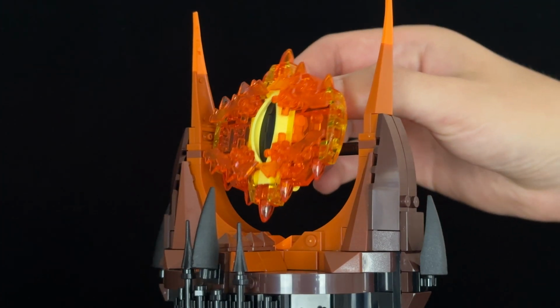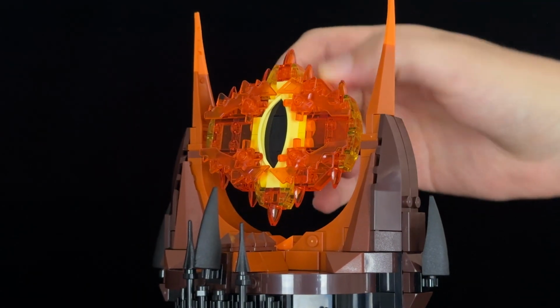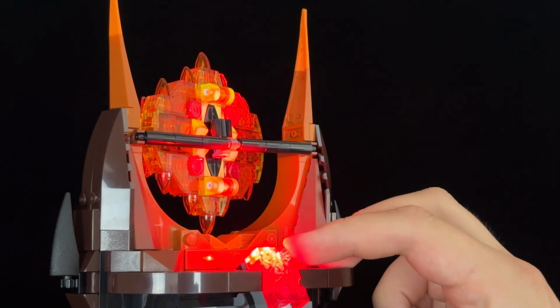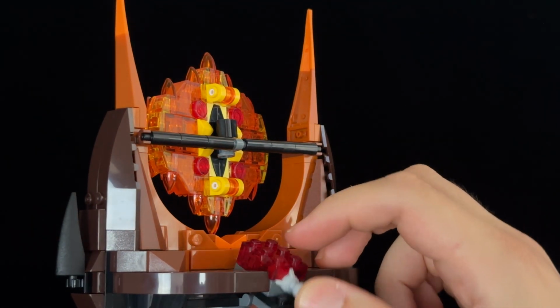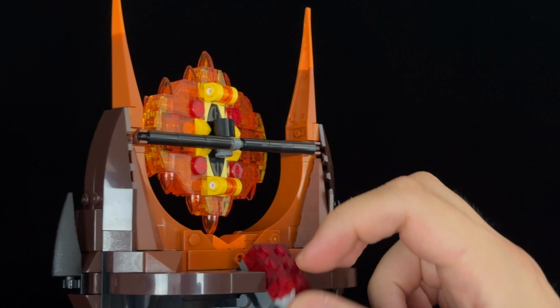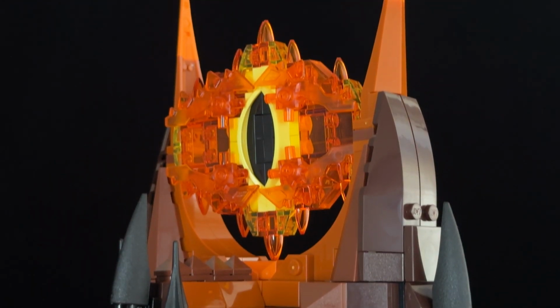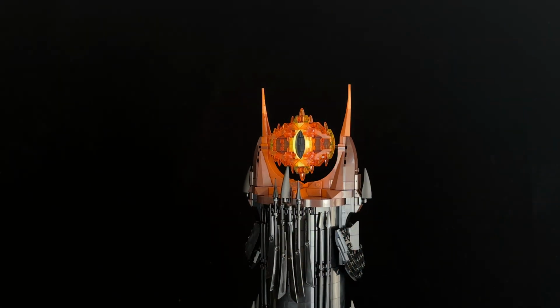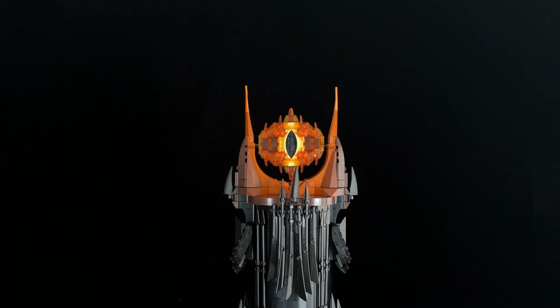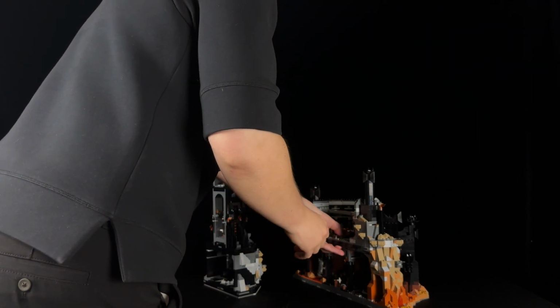The eye is designed to move, skillfully mimicking the menacing, watchful movement seen in the film. A red light brick is cleverly mounted at an angle on the back, casting an eerie red glow onto the eye when activated, adding a dynamic and atmospheric element to the model. The use of orange and brown bricks around the eye further enhances this effect, making it appear as if the eye is truly ablaze. One of the most satisfying aspects of this model is how it's divided into three distinct